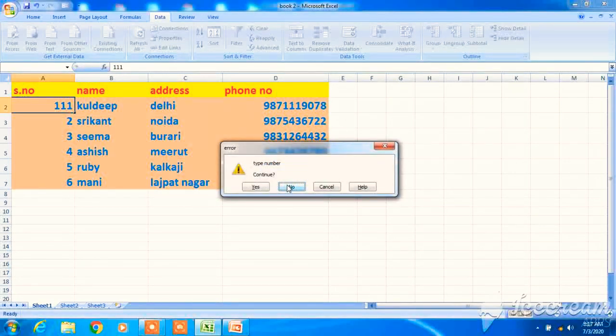So whatever validation we have applied, it is validating that. It is doing according to that validation. It's not taking any other extra number, right? So this is the advantage of validation. The user cannot give input any other number which is not appropriate for the field. For example, in phone number also you can apply validation.